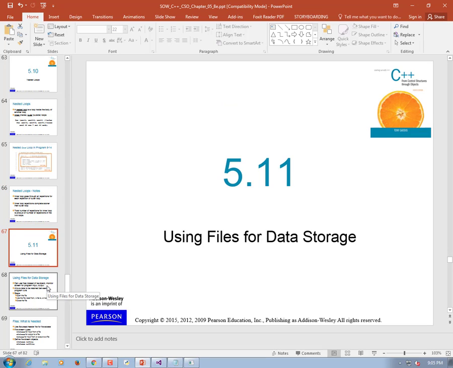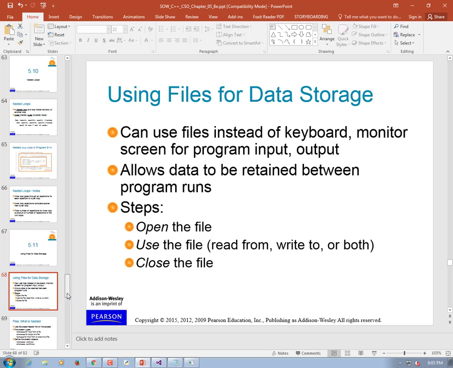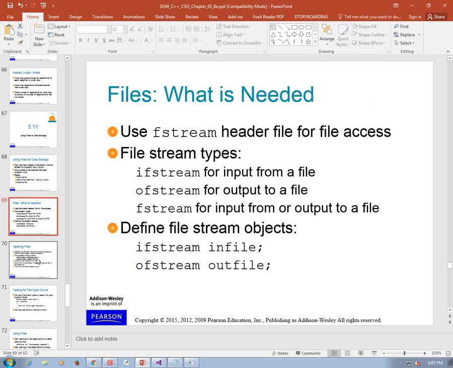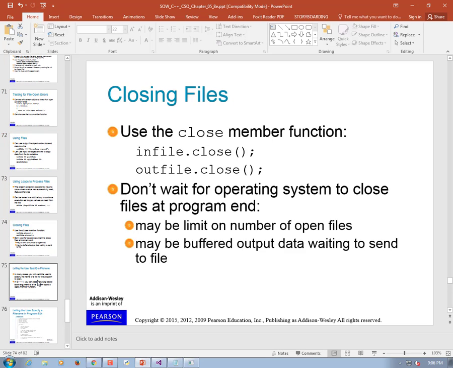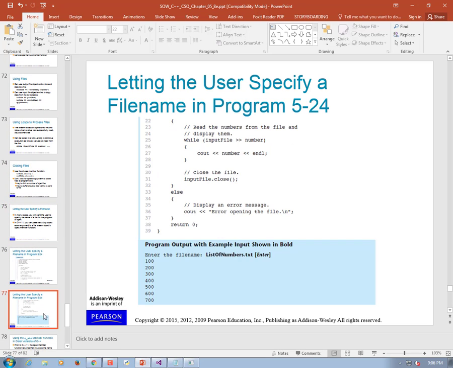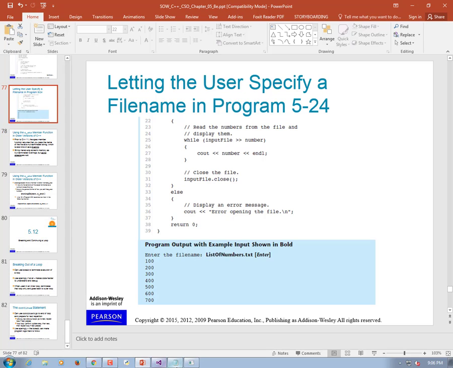All right, the rest of this chapter is devoted to using files as data storage. I really wanted to save that for another day, but I'm not sure how to stretch this lecture out to give us some more goodies. Okay, so